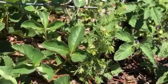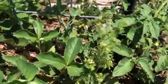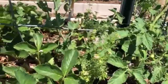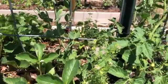This was some cilantro that popped back up from last year. It has some pretty little flowers. It bolted almost immediately, so I just kind of let it go. I'll give the bees some of the flowers, and I have a slow bolting cilantro that I'm going to